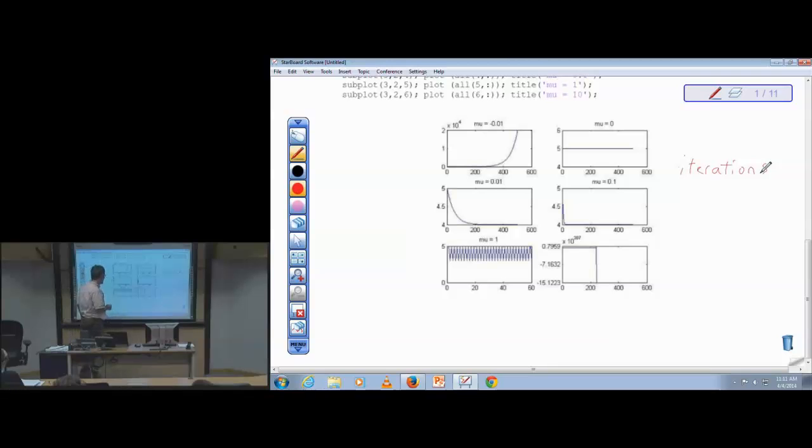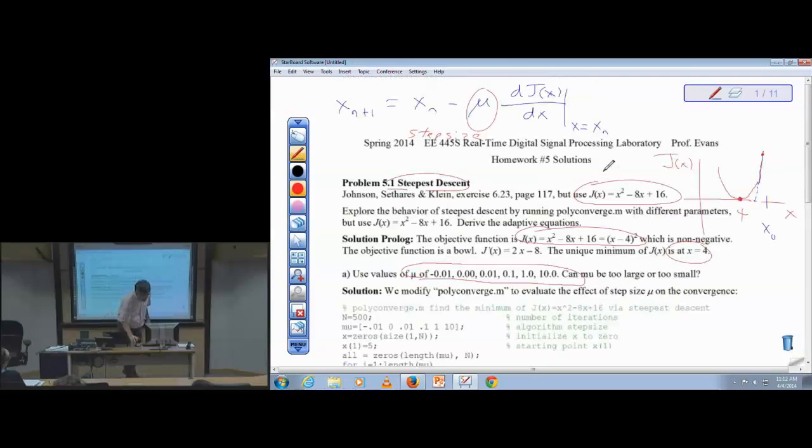All right, so if you notice here, we have mu of 0.01 and 0.1, and the iterative answers here converge to 4. So again, it's an update formula, so we start with an initial guess, x naught, and we just run this formula over and over again and look at what happens. And so let the number of iterations